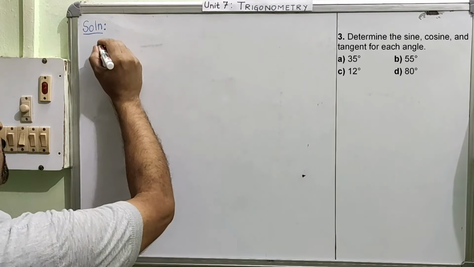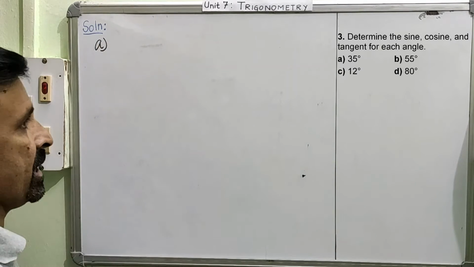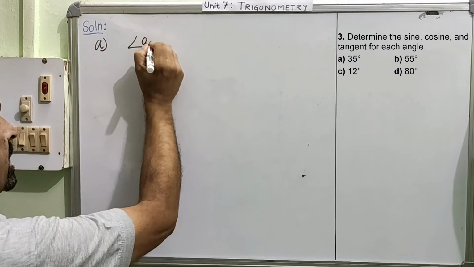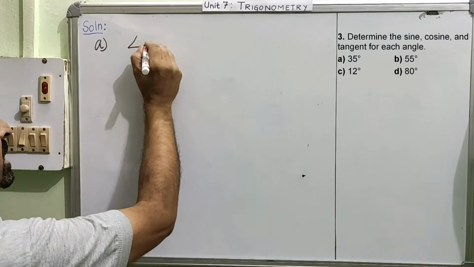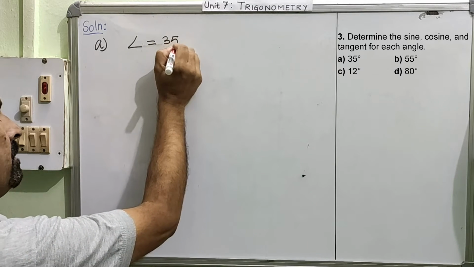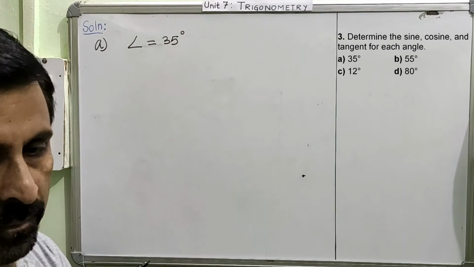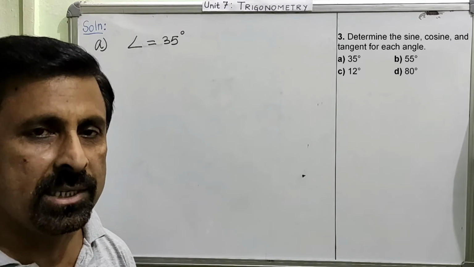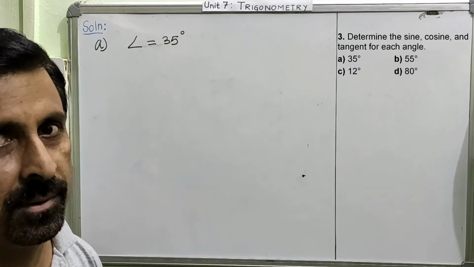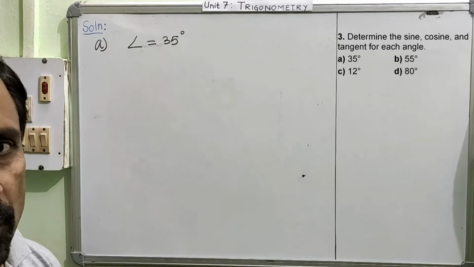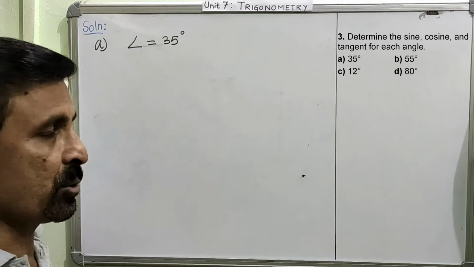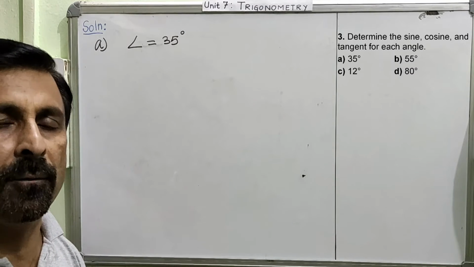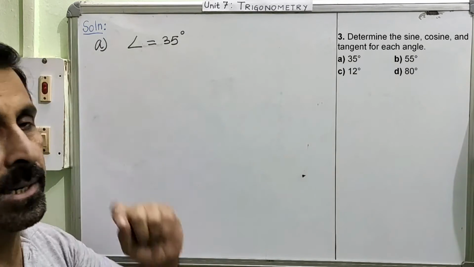If I show you the one part of this question number 3, the angle that is given to us is 35 degree. We are given the value. See how you are going to do this question and why I said that this question is too easy for you. You have nothing to understand, nothing to do. Is this okay? This is just based on knowledge. You have to use calculator. You can solve this question just by using calculator. You will also find out the value of 3 trigonometrical ratio for this particular angle.